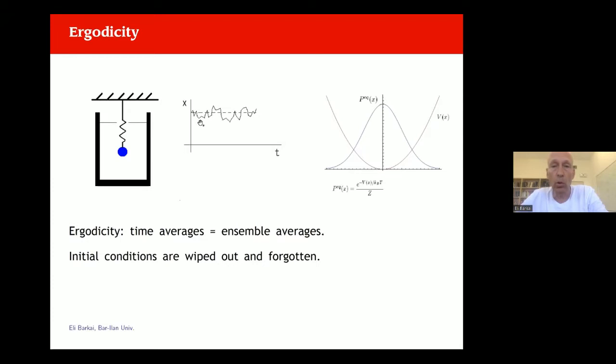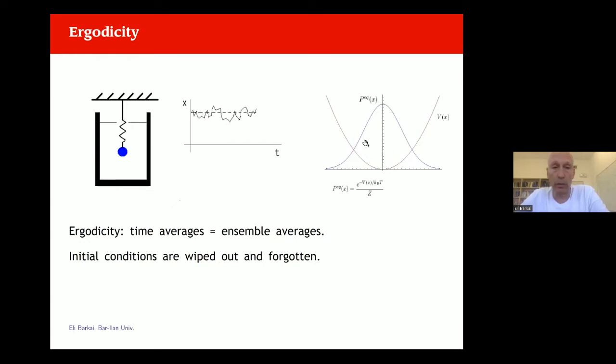In general, I can do many experiments, but I will consider two types. One of them would be to consider an ensemble of these particles and then plot the distribution of the position of this particle. And as you all know, because the spring is assumed to be harmonic, the force field is harmonic, and then the Boltzmann-Gibbs statistics is giving you a Gaussian distribution where the width is determined by the